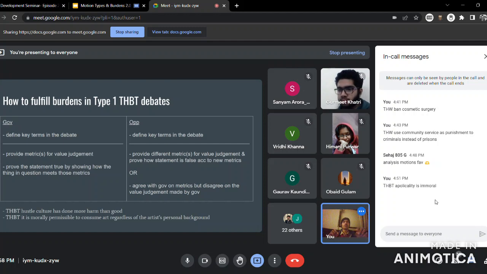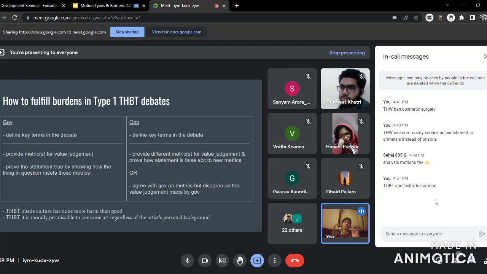If you're not doing so, this means that you are becoming a reason in these other people not being able to better their lives. And that is how, if you are being apolitical, that means that you are being immoral. This is the sort of burden fulfillment that is required in these kinds of debates.